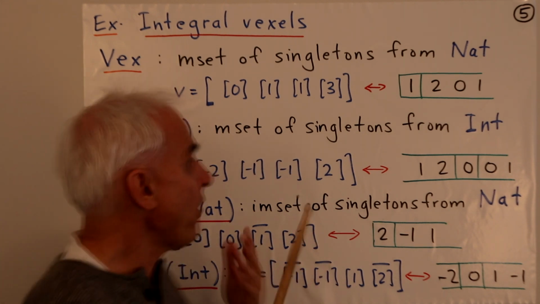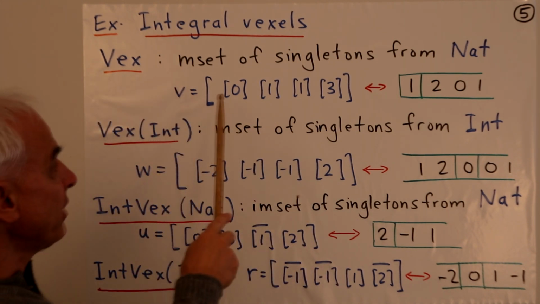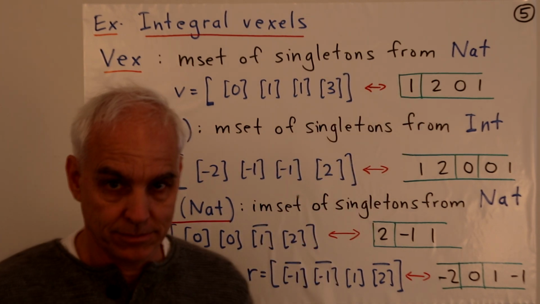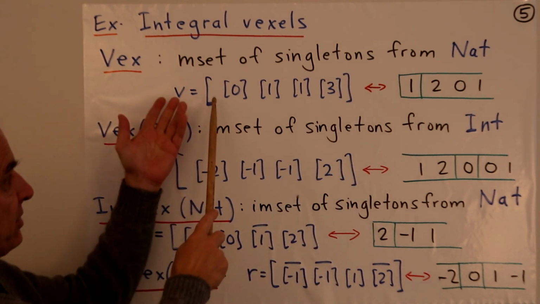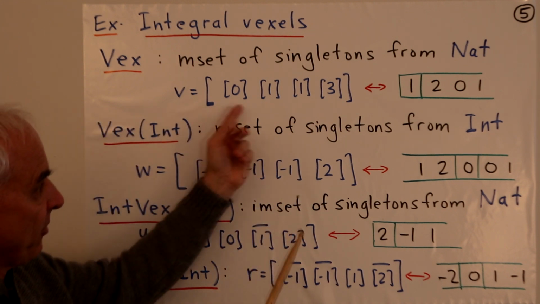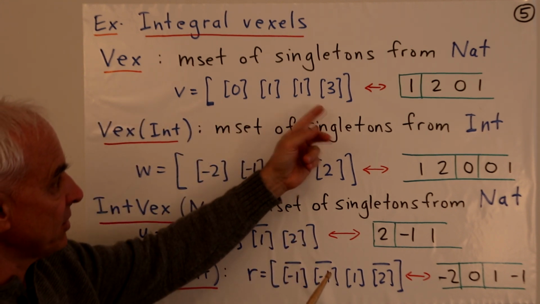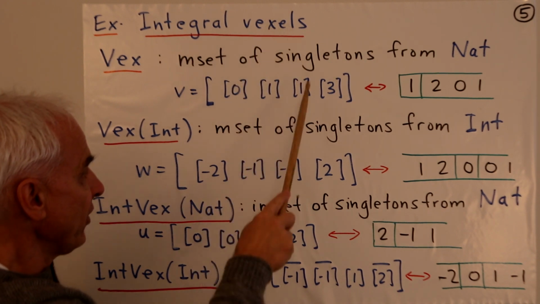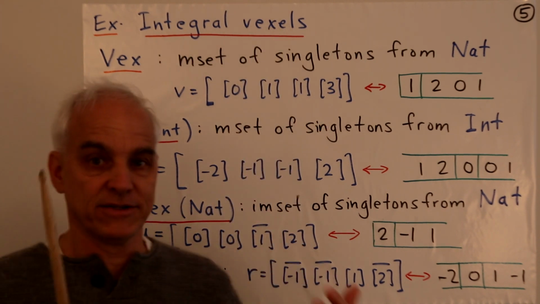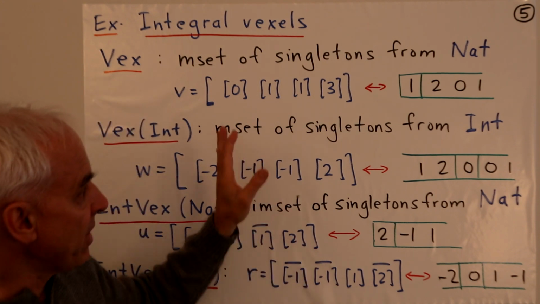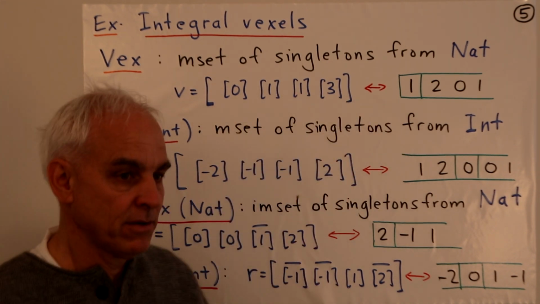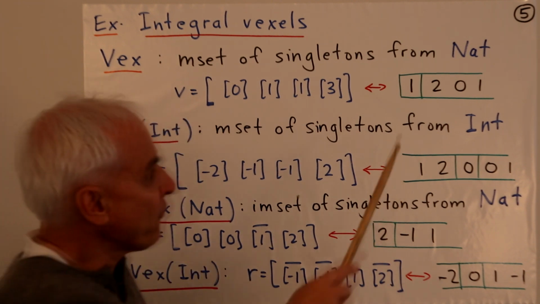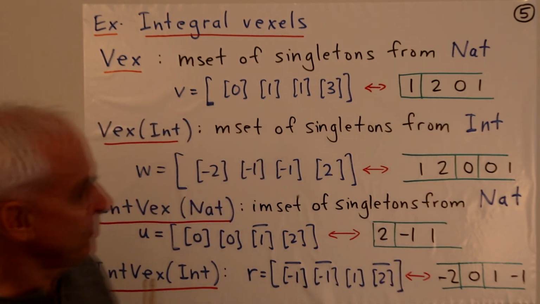So we've already talked about vexels in the context of msets of singletons from, say, Nat. Here is a vexel which has some singletons, and the singletons are from natural numbers. There's a singleton 0, the singleton 1, singleton 1, singleton 3. That's a vexel. And we've seen that we can represent that vexel geometrically or visually with this frieze-like object, where